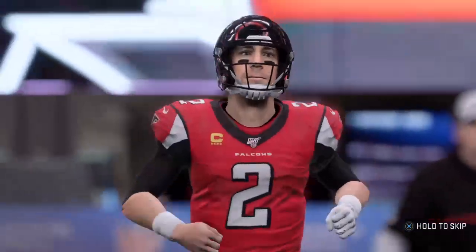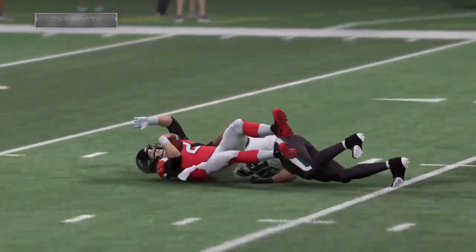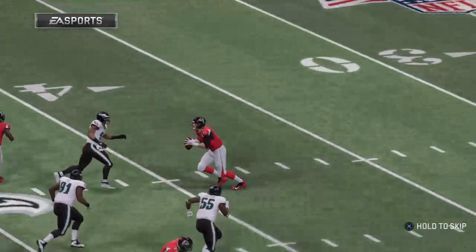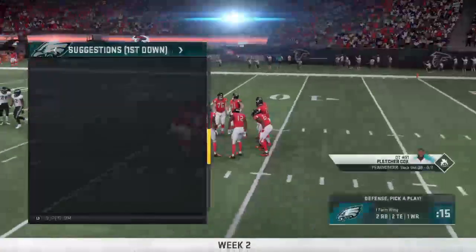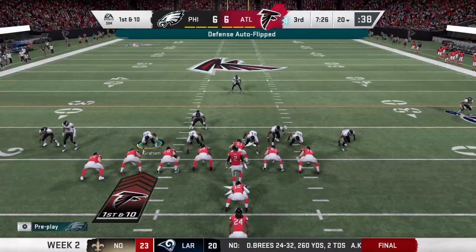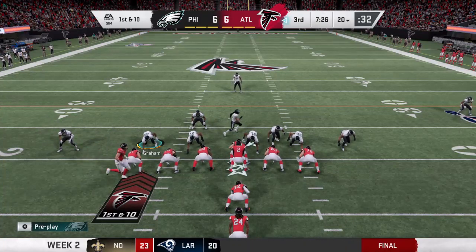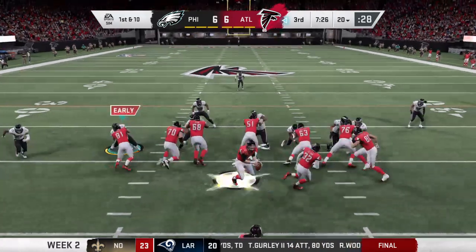It's player spotlight time, and we focus that spotlight on the quarterback, Matt Ryan. He's playing pretty well. I don't think it's necessarily him changing something he's doing, but that O-line, they've got to protect him better. They do. They've got to make sure that they give him more than enough time in order to find targets downfield. And sometimes what happens when these things are going on is that the field general will step up and say, hey, that's on me, guys. I didn't get rid of it fast enough. Anything to try and relax them a little bit and take some pressure off because they do know that they